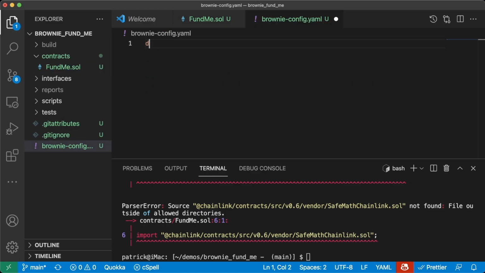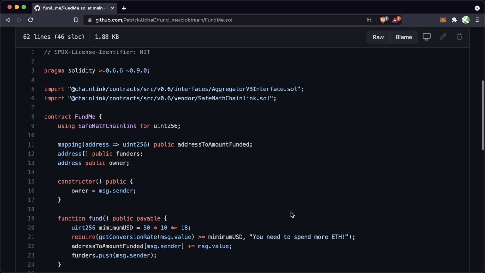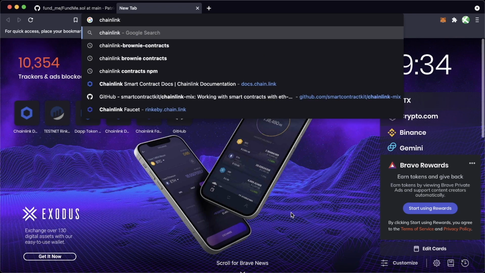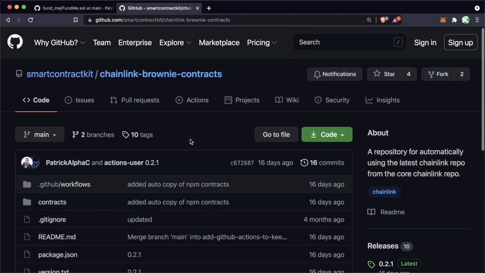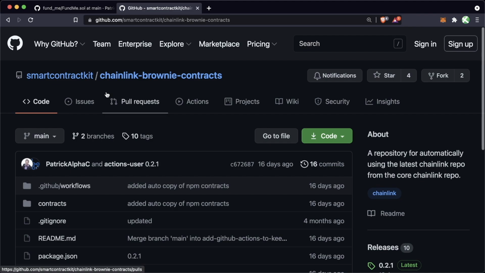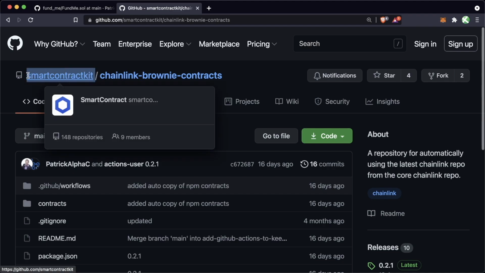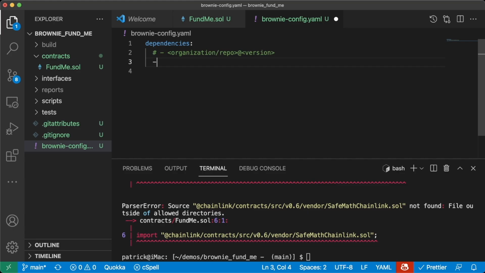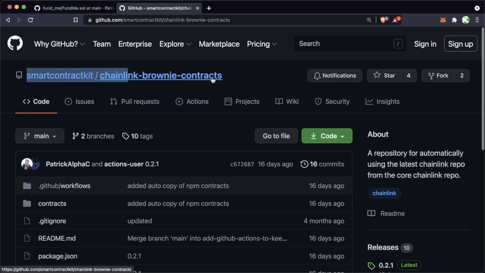And in here, we're going to create a dependencies section. And this is where we tell Brownie the organization/repo name at version that we want to download from. So to get these Chainlink contracts, we can look up Chainlink Brownie contracts, and we can use this repository to get it. So instead of downloading from NPM, we're just going to download directly from this GitHub repo. So we need to tell Brownie the organization, which is going to be Smart Contract Kit, the repository name, which is going to be Chainlink Brownie contracts,